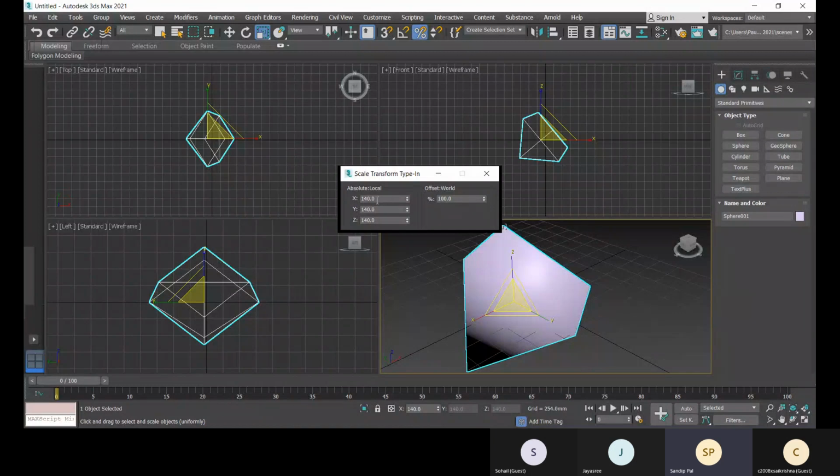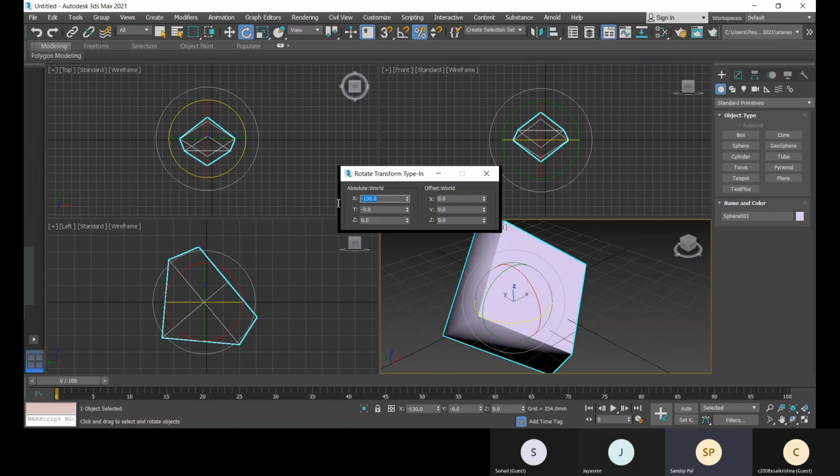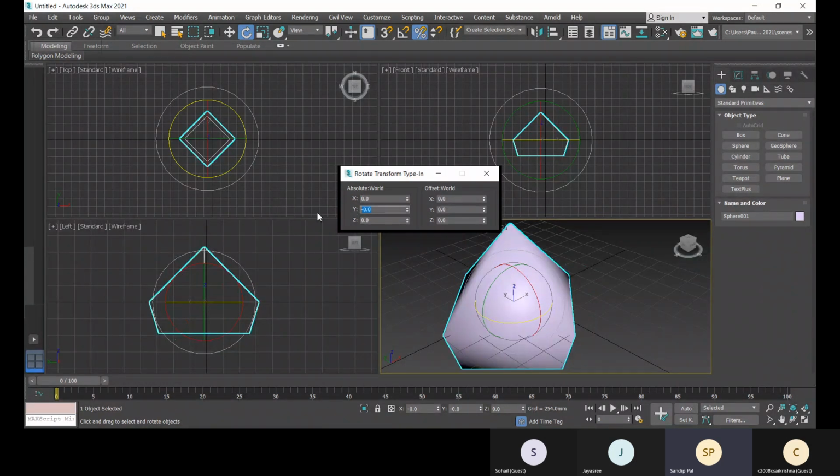So here you can give that value. And if you press E, for rotation you can give the value in the X, Y, and Z direction. So make it 0, and make it 0, and that is 0, right?